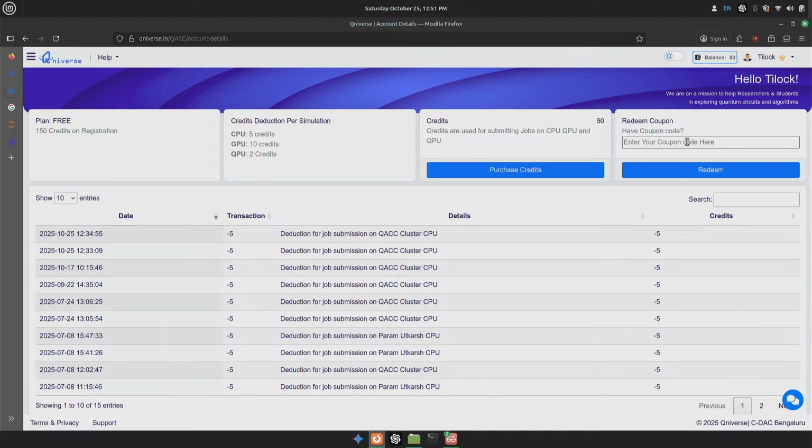And also, sir, on top of that, do I get any kind of daily free credits as well? Like, if I run out of the 150 credits, or while I'm using the 150 credits, do I get any kind of free credits daily? Some other platforms offer 5 free credits every day. Do we also have such a feature?